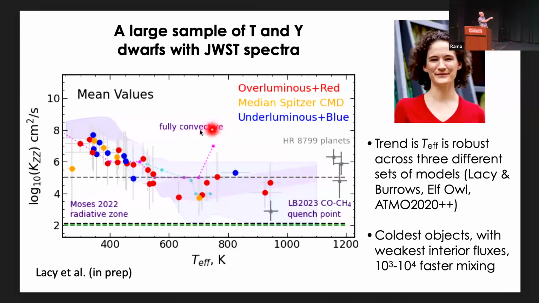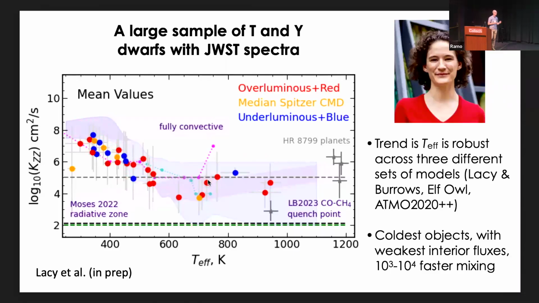And so what you can see is this mixing coefficient, Kzz, as a function of effective temperature. And indeed, you see this interesting trend that the coldest objects, which have really the weakest convective flux, have the most vigorous mixing. As you get warmer and warmer, you actually get weaker and weaker mixing,